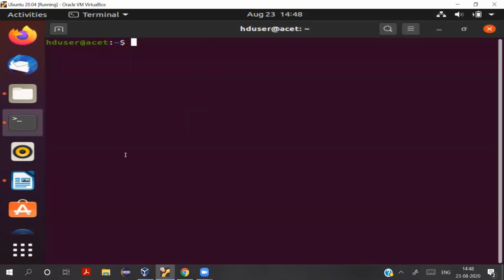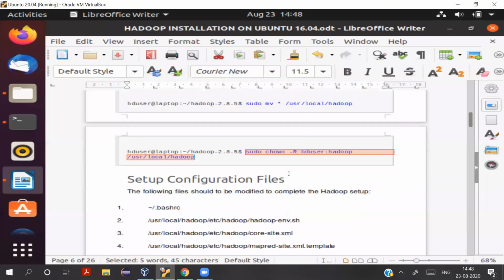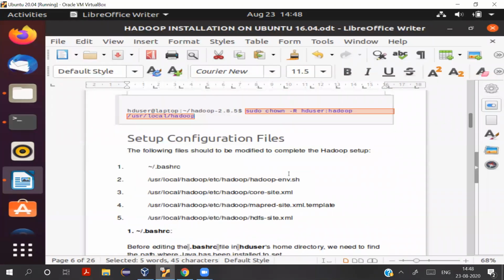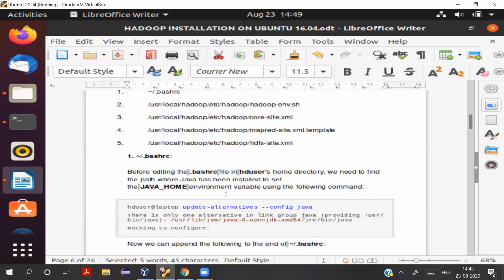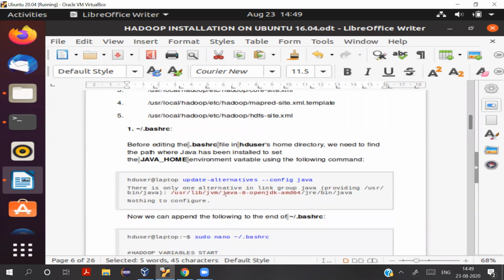Okay. Now the next step in the installation is to set up the configuration files. Some configuration commands you can put right now in the configuration files, and some, even after Hadoop has been installed, you can continuously change your configurations. All right. So first of all, we'll configure the .bashrc file, and we'll be writing the Java path there, like what is the path where our Java is installed.